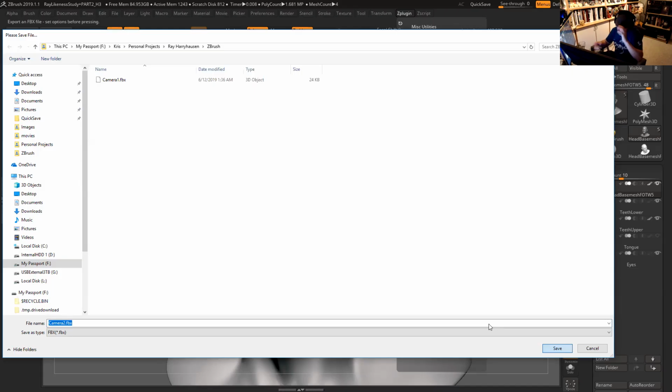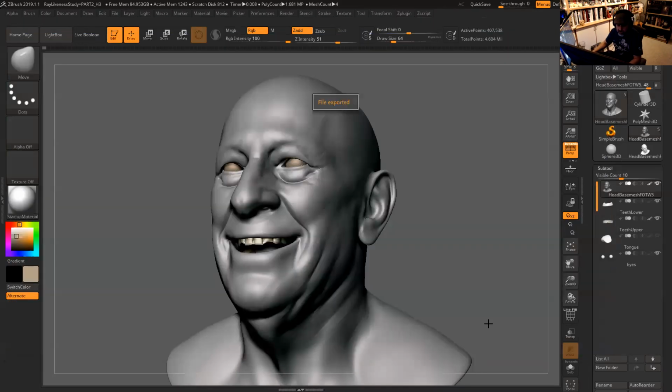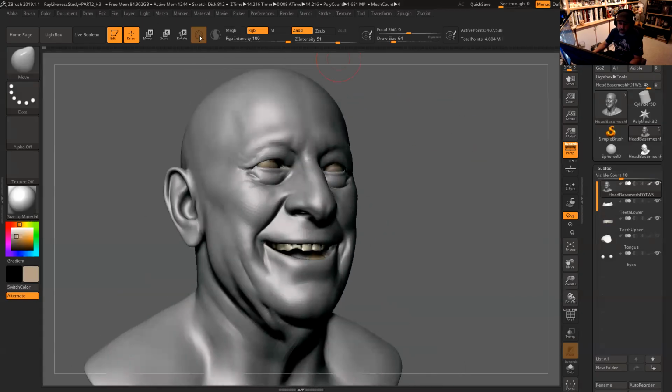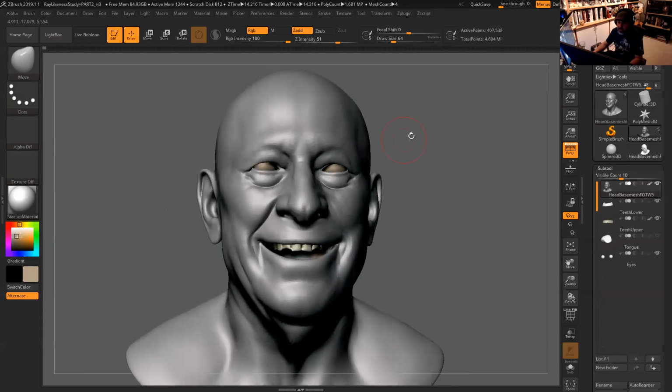My computer was sleeping. I think it's gonna take a little bit, but yeah, it's good. So file exported, right? So now let's pretend we open another file. So we open the file number 1, the one that has this history saved as well, which is the one I did from the base mesh all the way to this spot here.